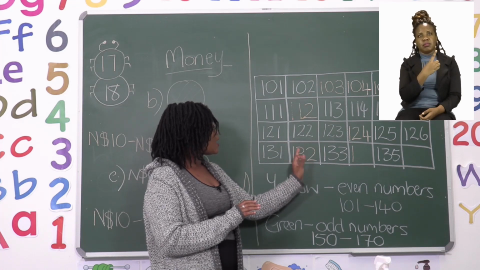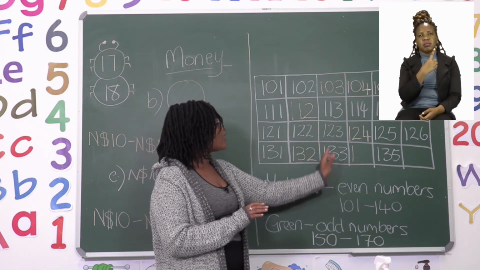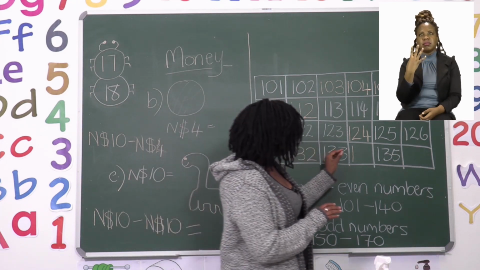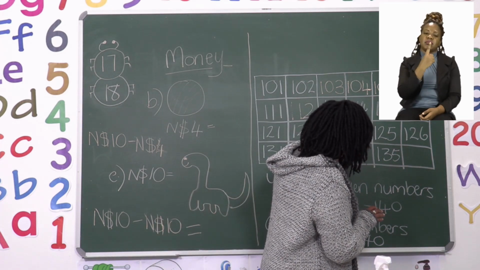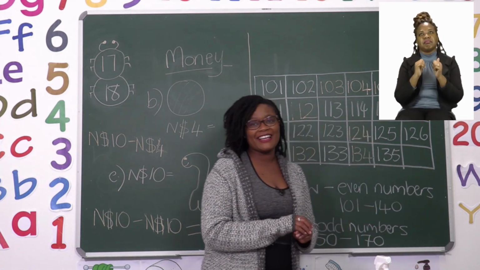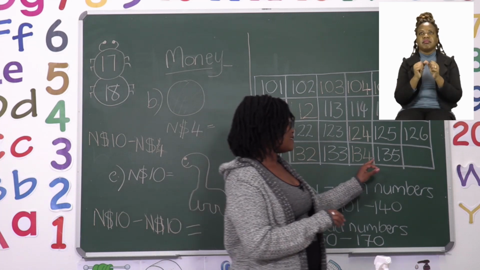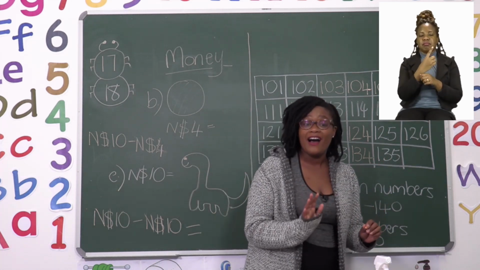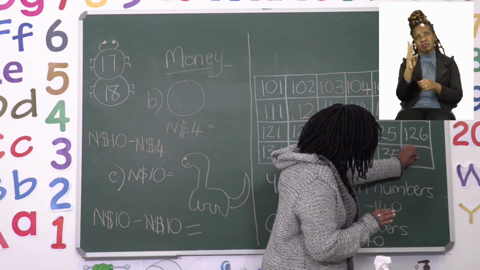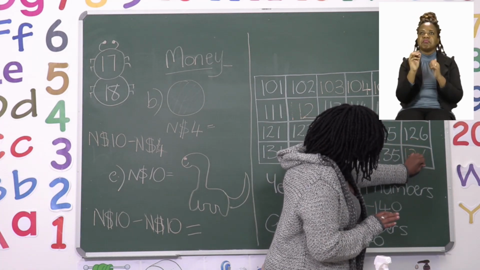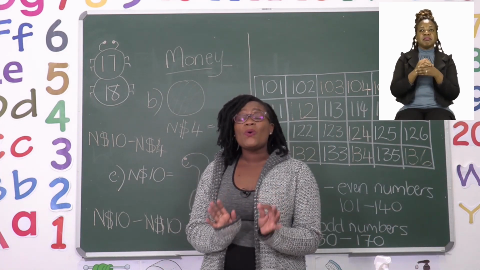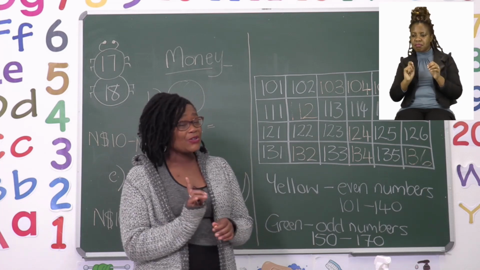131, 132, 133. That means that the next one is 134. Well done, everyone. Which means that this one after 135 is 136. Good job, everyone. So, when you are now done with all your numbers, boys and girls, you now have